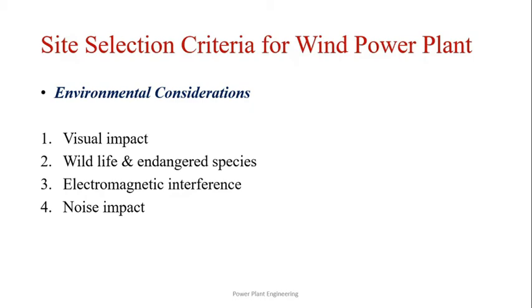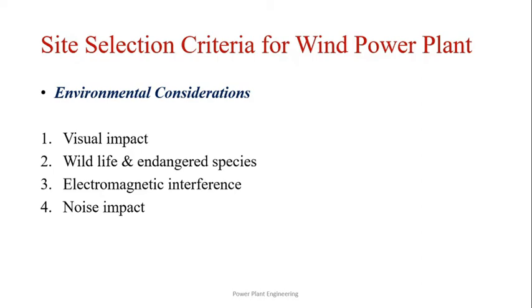Wildlife and endangered species. Wind farms affect birds mainly through collision with the turbines and associated power lines, disturbance leading to displacement including barriers to movement, and loss of habitat resulting from the wind turbines. To minimize the risk of bird collision, site selection should be done precisely.